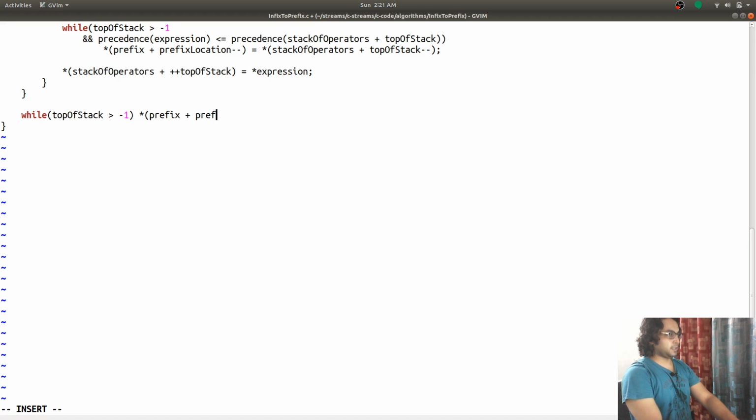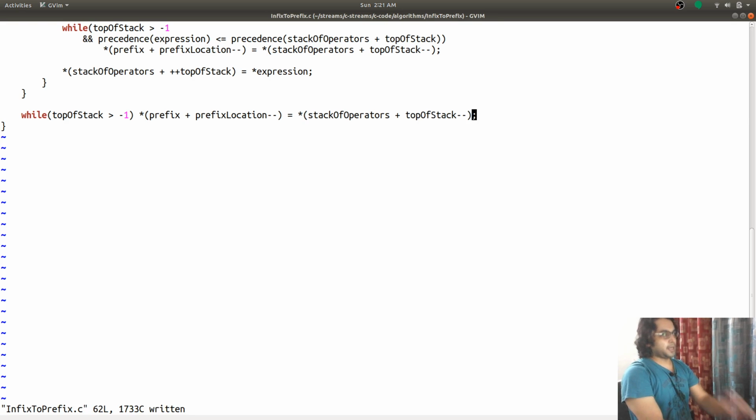First prefix, I'm going to say stack of operators, and minus, read the value, and then decrement the stack to make it look like we have got rid of that value. So all is done. Now we have our prefix expression ready. We are going to print that.